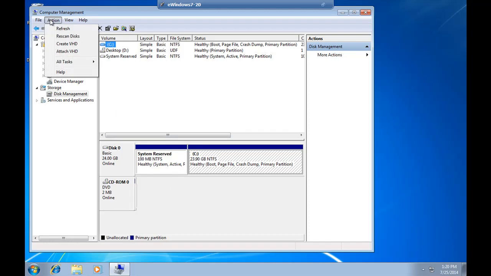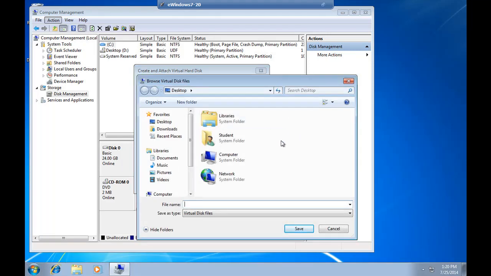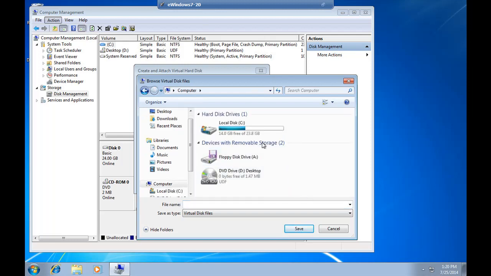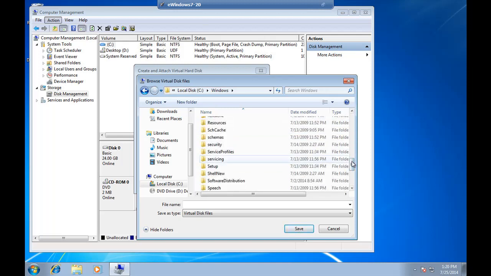Underneath my Actions menu, I'm going to go to Create VHD, which is Virtual Hard Drive. The first thing I'm going to do is pick out a location. If it was me, I would put this virtual hard drive somewhere where someone wouldn't be able to find it easily. I'd stick it in the Windows directory, in Windows System 32. There's a lot of stuff in here, so if somebody were really trying to find it, it would become more difficult. Then I'm going to call it WinSys and save it. So I'm creating a WinSys file in my Windows directory,